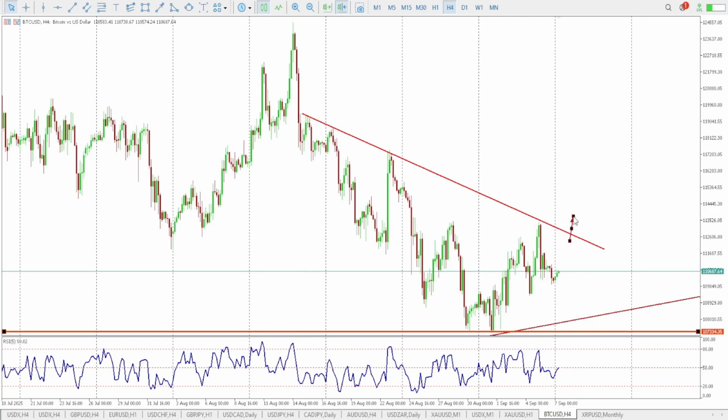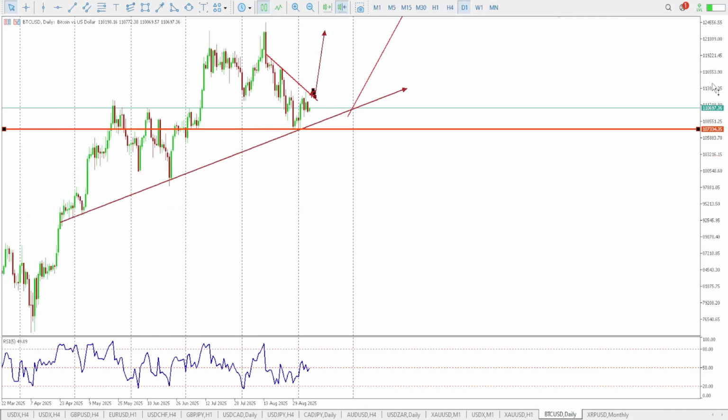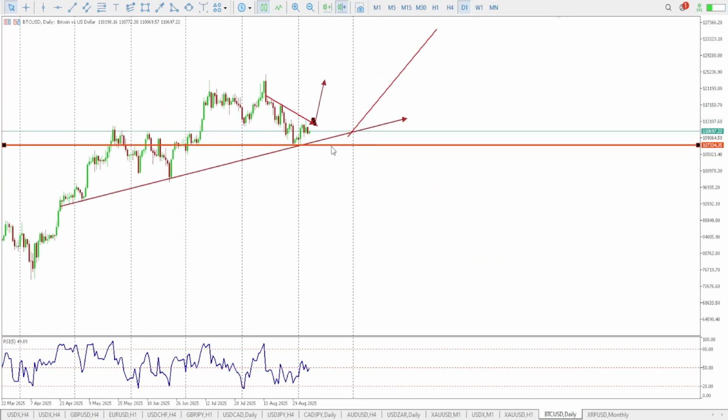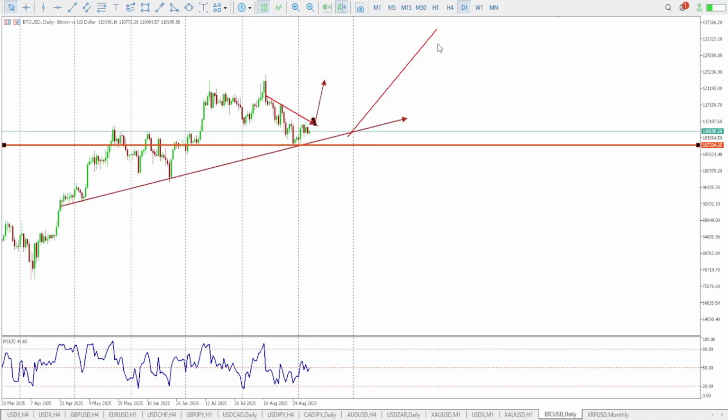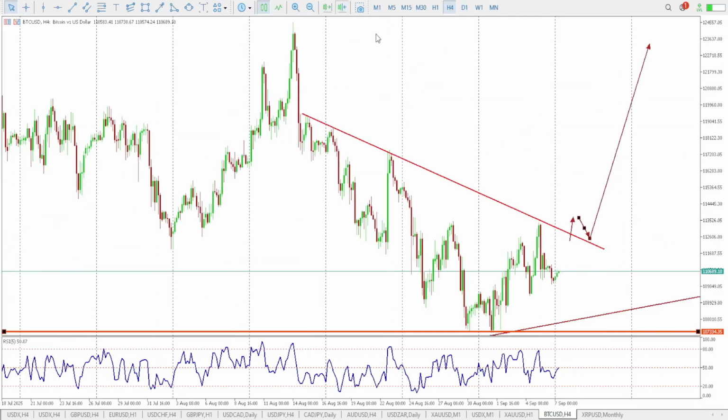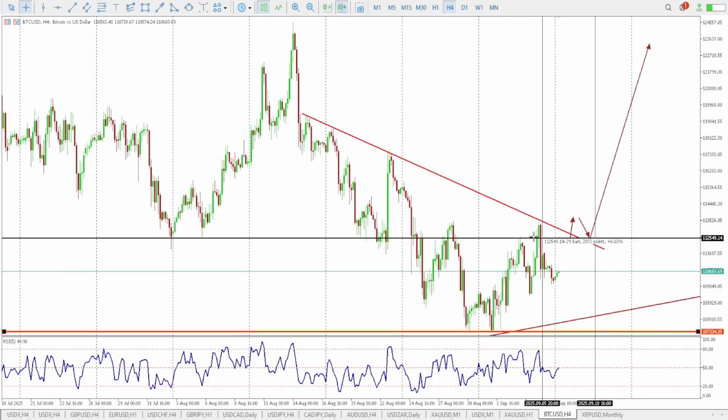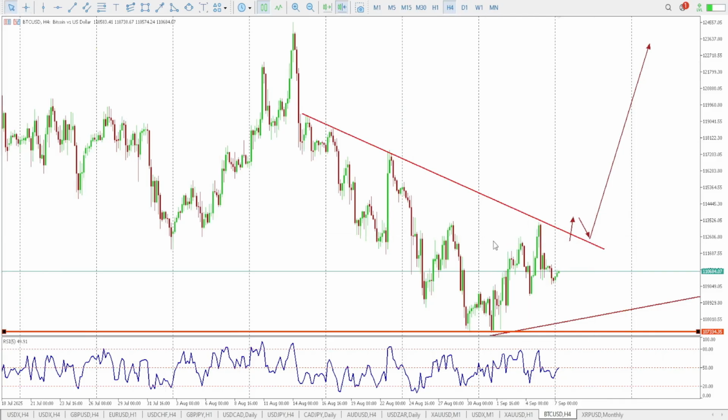So the trader will say, okay, I want to wait for this particular breakout retest, and then I am going to look for the bullish side of the market. Now remember, everywhere it is showing bullish, even on the daily time frame, and once it gives us a breakout, a retest, then it will also be showing us a very nice breakout to the top side of the market. But this breakout can obviously be tradable, right?